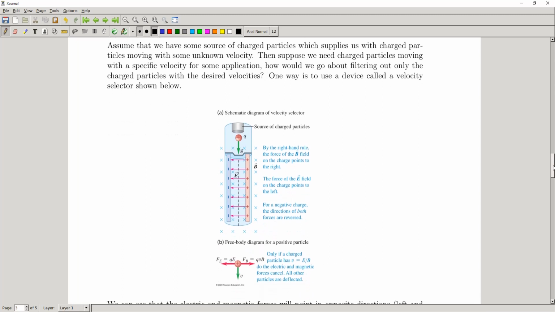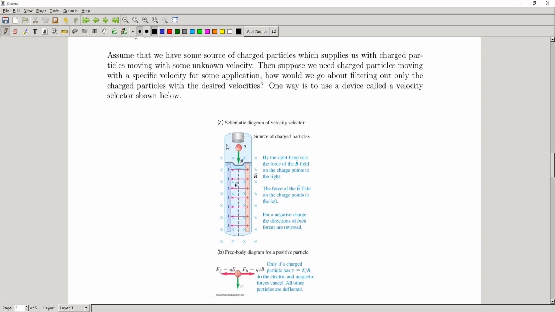I'll scroll down a little bit. So we have some sort of source here. We can imagine there's charged particles flying off in every direction here with all kinds of different velocities. So both different speeds and different directions, right? They're going to be pointing in different directions, and they'll have different magnitudes to their velocities. And then let's say that for whatever application, we want to be able to pick out particles that have a very specific speed and also a very specific direction, right? So let's say we only want particles moving at 100 meters per second in this direction directly down this pipe here. So we can do that by